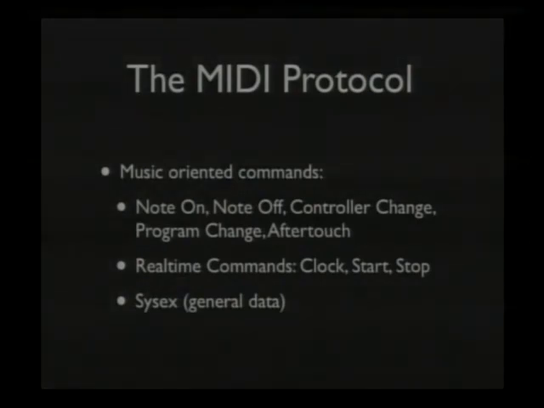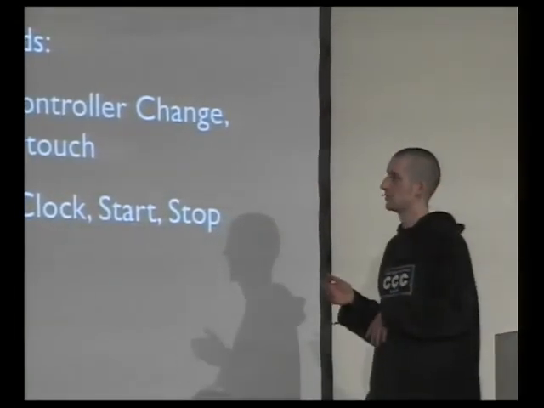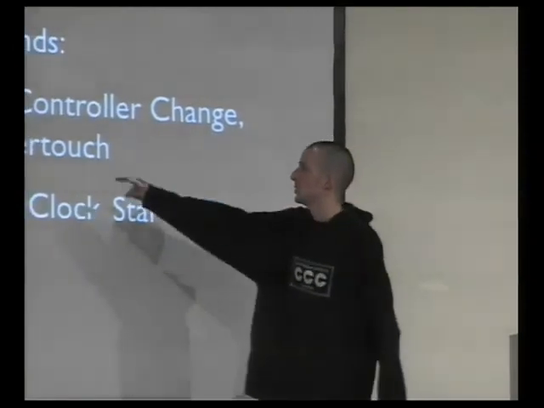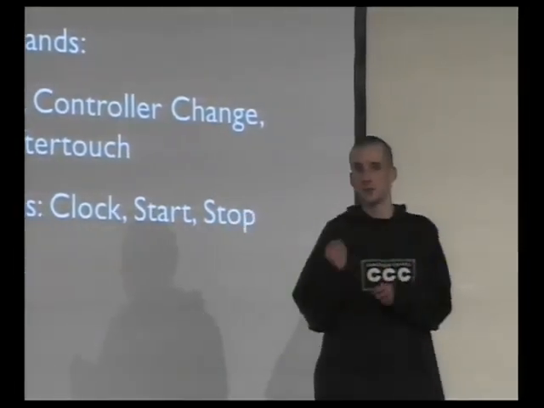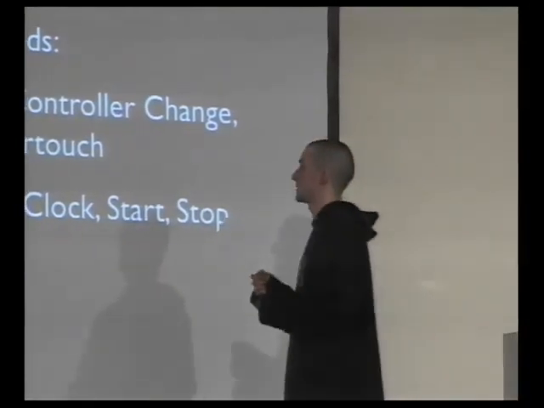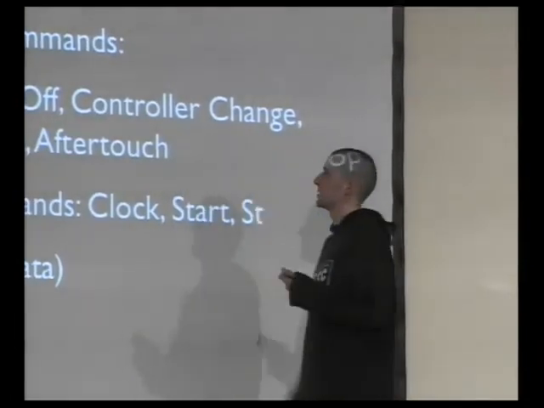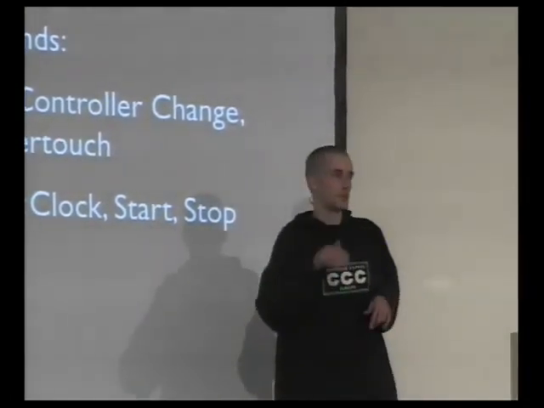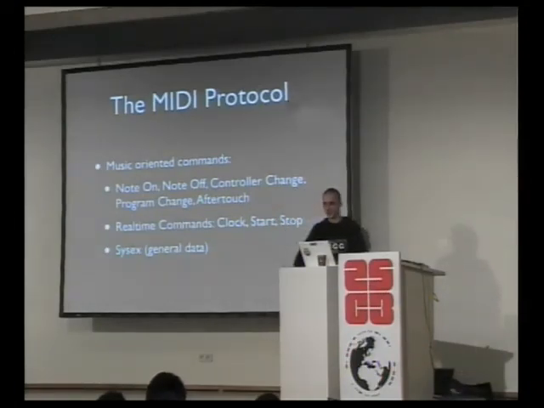And you can use controller change messages if you turn a knob, for example. It sends just a value from 0 to 127. Then you can use program changes to, for example, change the sound on a synthesizer or to load a new track, maybe. That's manufacturer-specific as well. You have weirder messages like aftertouch, which is used on touch-sensitive instruments or keyboards. You can press the key and then continue to press it, and it will send the information.